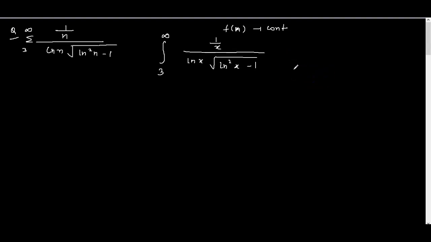This one, how will you do the integration? ln x is equal to, consider it as t. Then 1 by x is equal to dt by dx, right? But if you take it also, we won't cancel anything. ln x, if you take t, so t is equal to 1 by x, dx is equal to, it becomes